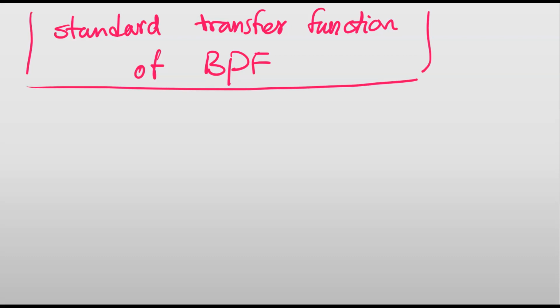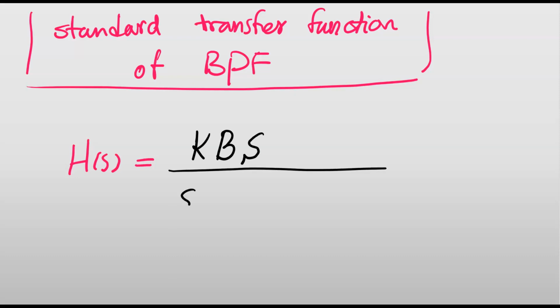The standard form for a band pass filter is k multiplied by beta multiplied by s, divided by s squared plus beta s plus omega naught squared. So as soon as you have a transfer function in this form, you can say that this is a band pass filter,